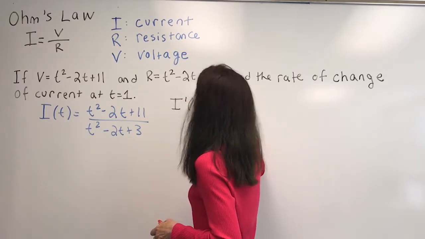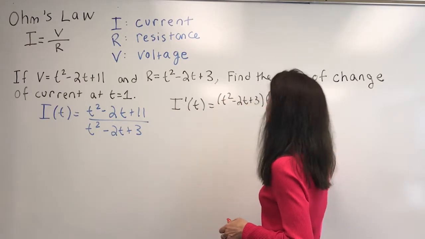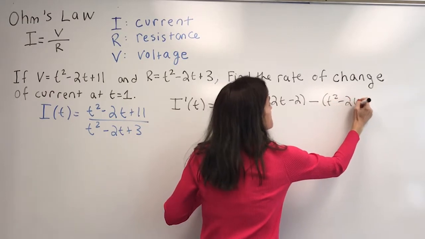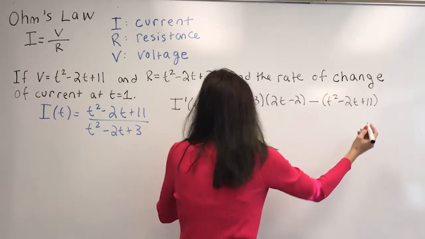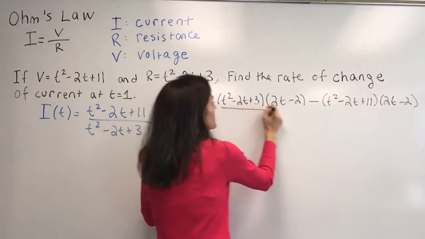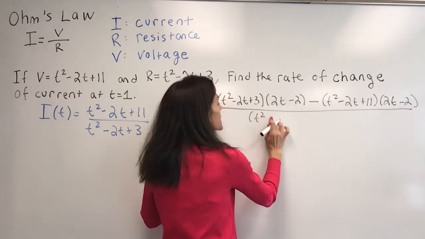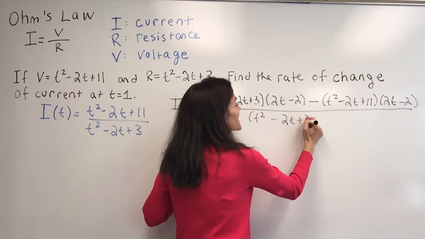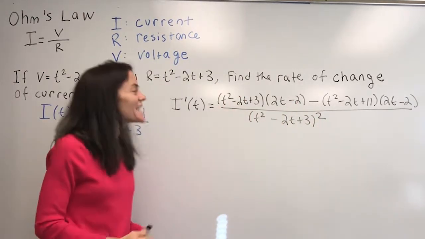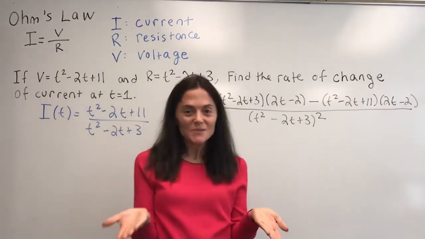Well, we have denominator times derivative of the numerator minus the numerator times derivative of the denominator, all over denominator squared. Okay, this is pretty good, but we always want to simplify only as much as we need to for